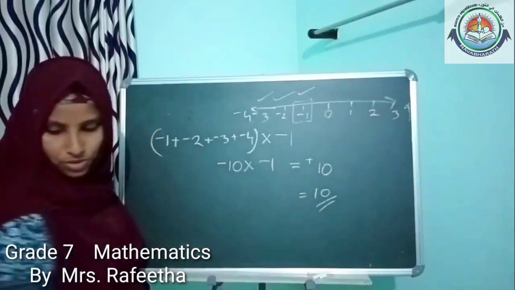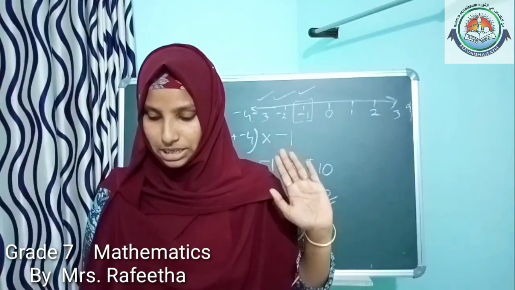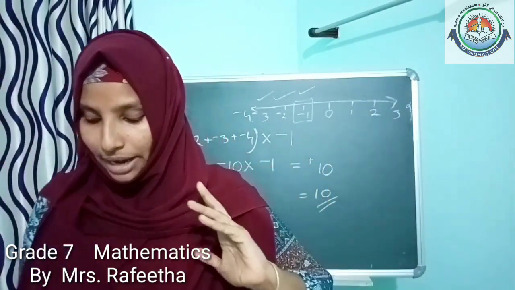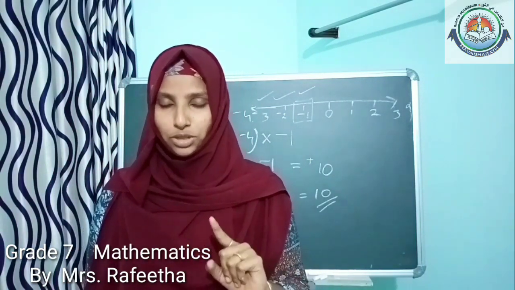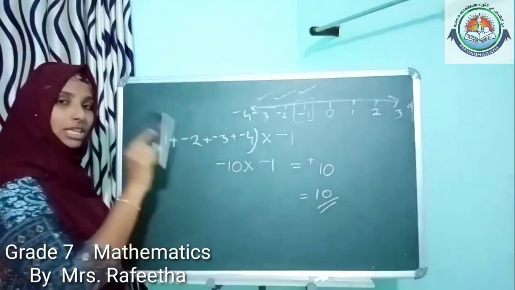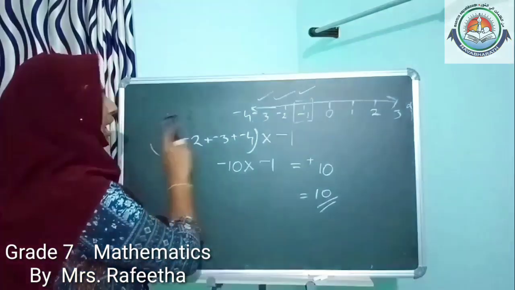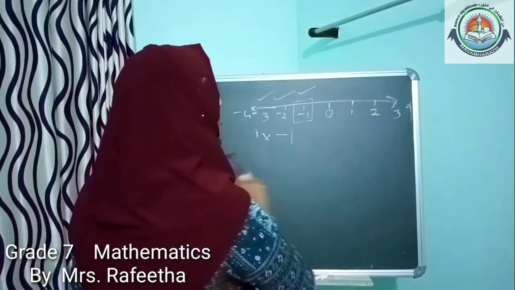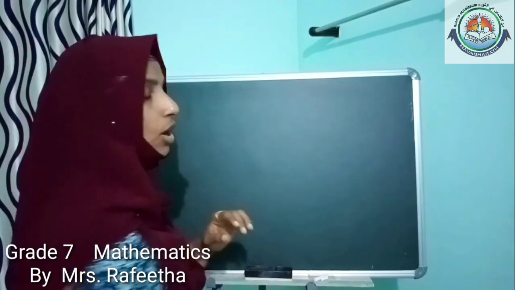Next. The similar question, one more question is there. The sum of the first 4 positive integers is multiplied by the sum of all integers from -2 to 2. This is a simple question. If you are doing this, then no problem. Obviously, the answer of the second question also you will get it. Anyhow, you just try for that question also. If you are not, then I will tell you the answer and I will tell you the steps of that question.